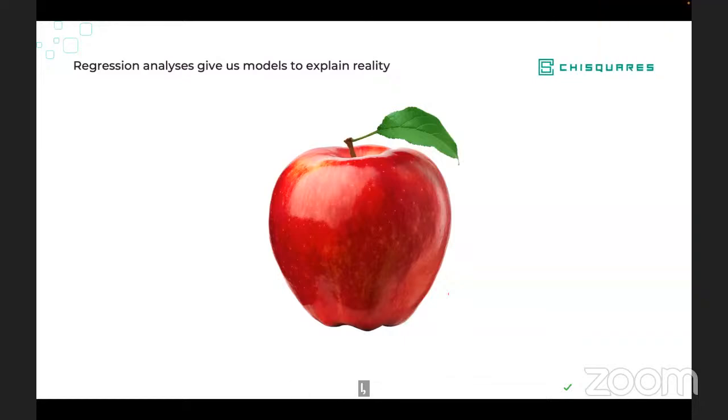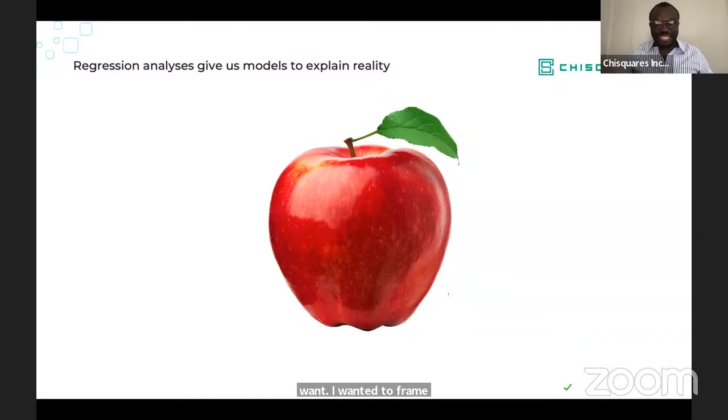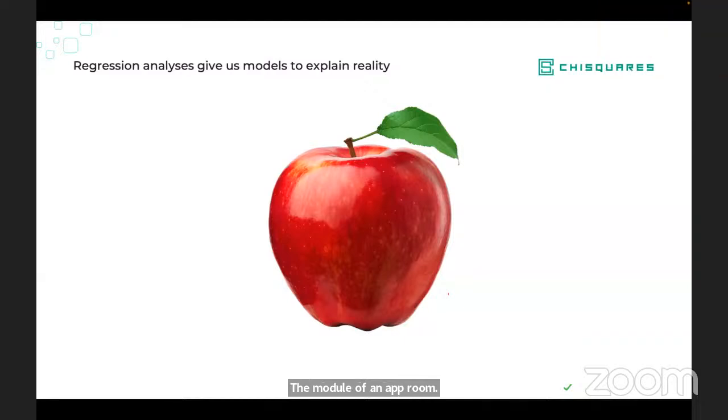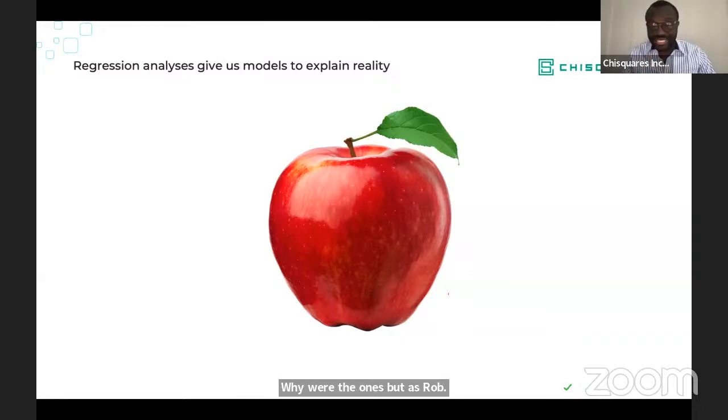Image. Excellent. An image of an apple. No, let's not go with image. Let's stick with model, okay? It's a model. Now, why is it a model? Why were the other answers wrong? Because it's not reality. You are just looking at it from afar. It's not something that you can touch. You cannot eat this apple, right? You cannot hold it in your hand.